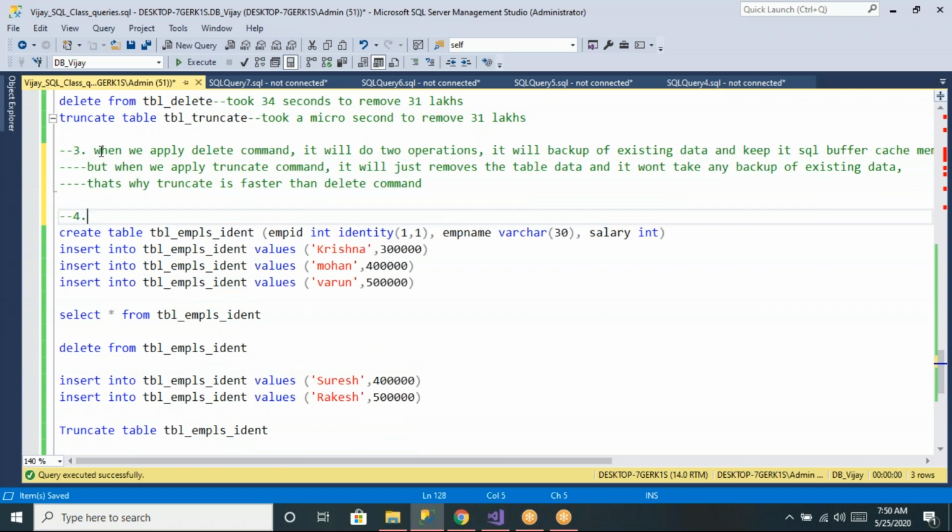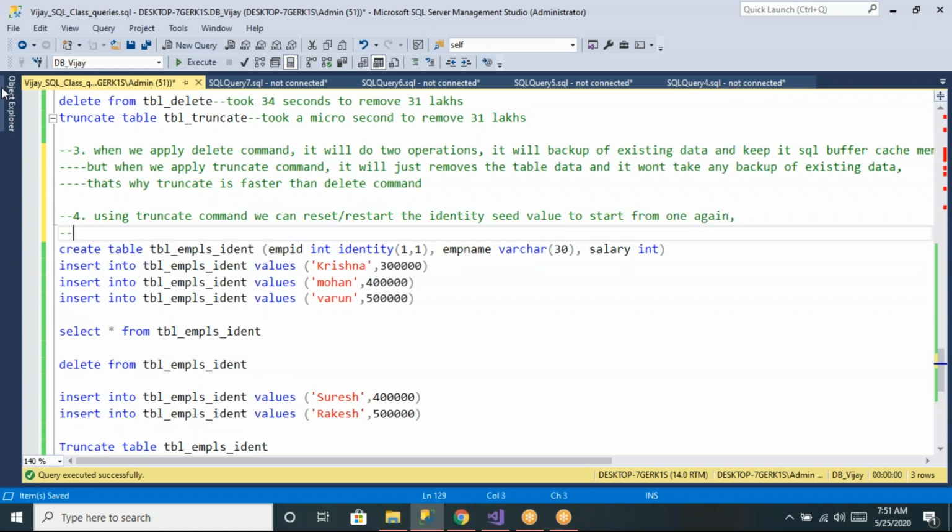Now using the same example, we can tell one more difference. Using the truncate command, we can reset or restart the identity seed value to start from 1 again.